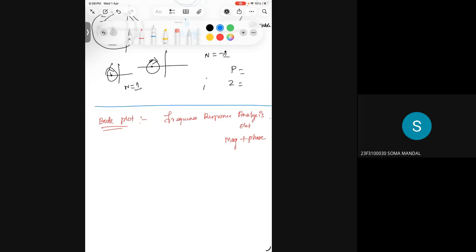Nyquist is more towards stability. Bode is more towards the analysis of the time domain specifications of your system, such as overshoot and undershoot values and everything. So both are different types. None is much bigger than the other, but